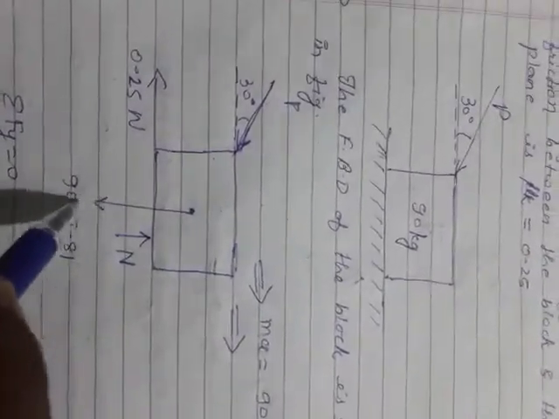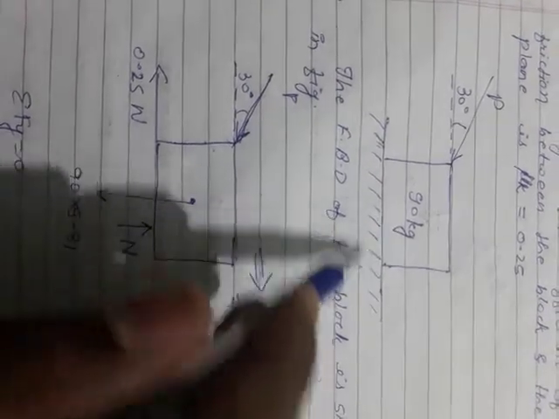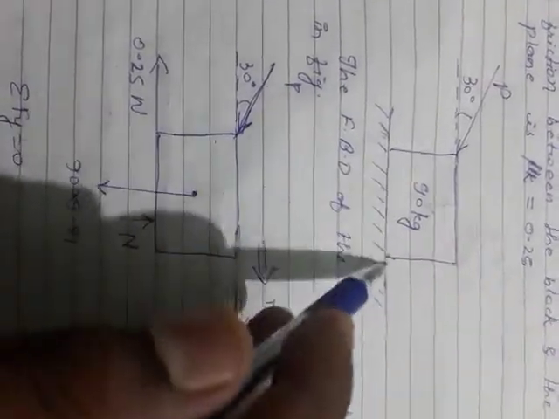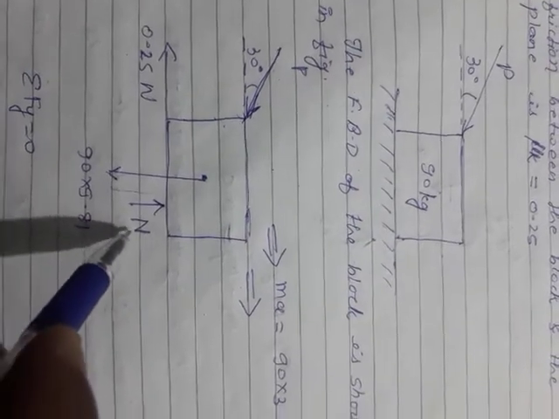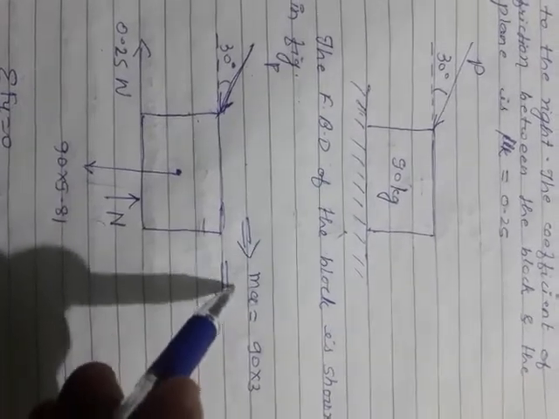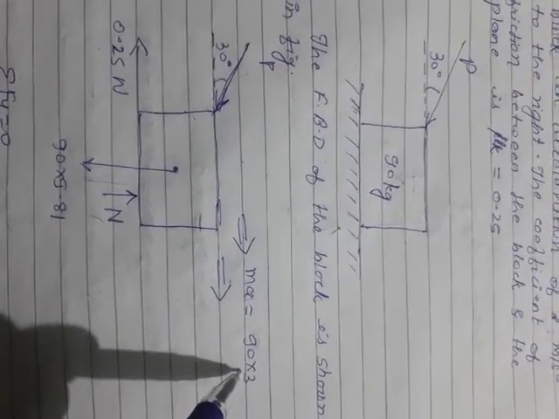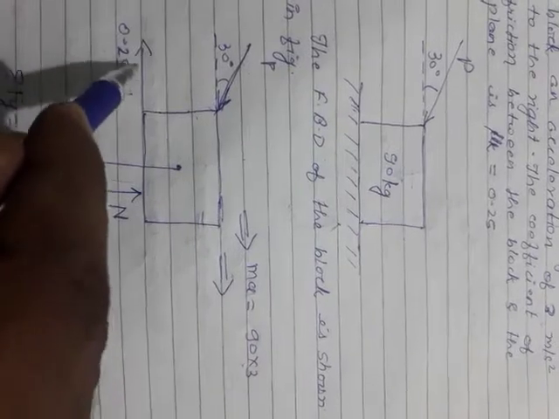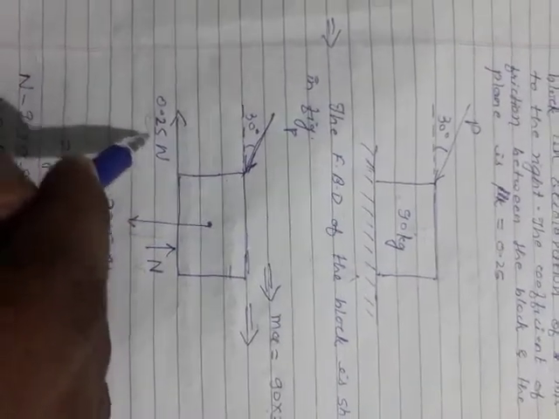Because of the force P, the block will move in the rightward direction, which means motion is taking place in the rightward direction. So I have drawn the free body diagram. Motion is rightward. The weight is 90 into 9.81, the block resting on the surface, so it is touching the surface and there is a normal reaction. I am considering N here; you can consider N1 also, no problem. Motion is rightward, so m into a, that is 90 into the acceleration 3 which you have been given. The frictional force is opposite to the motion, with coefficient of friction 0.25, so 0.25 N. This is the P force.